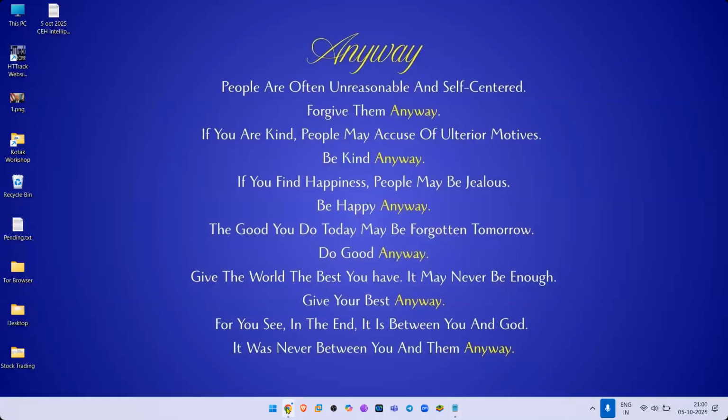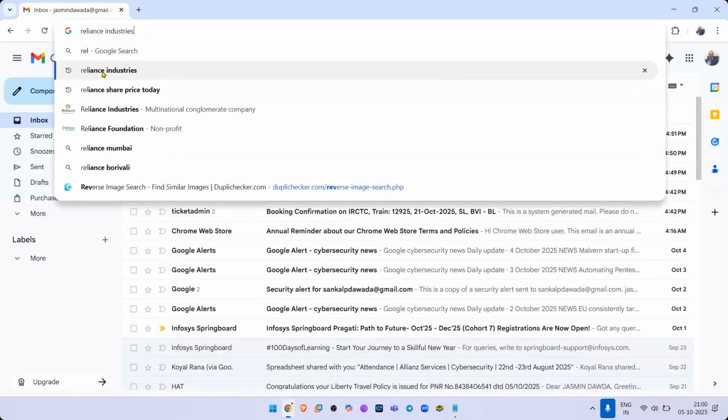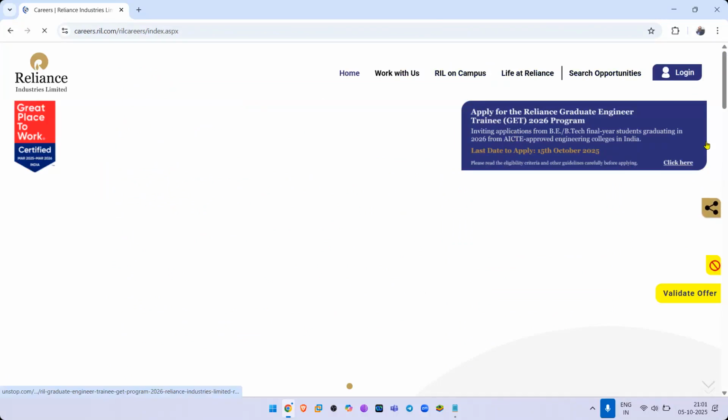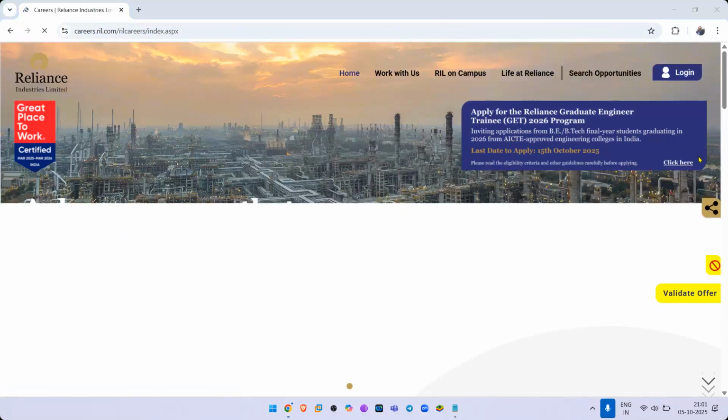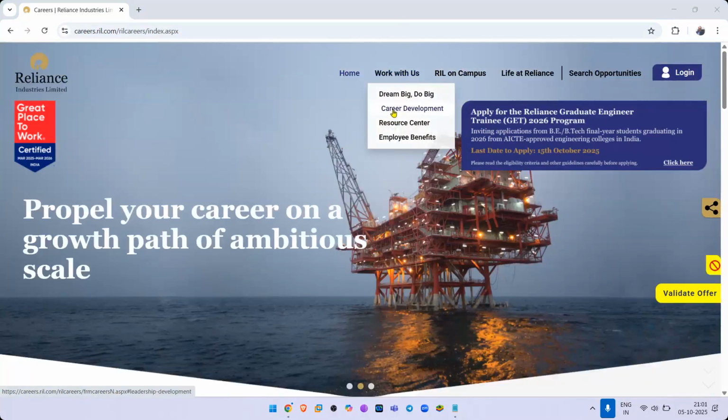Let's take an example here. Let's say I want to go to Reliance Industries, since we were talking about Reliance Industries earlier. Let's go to the careers section. Let's search for what is work with us. Dream big, do big, resource center. Let's go to resource center.